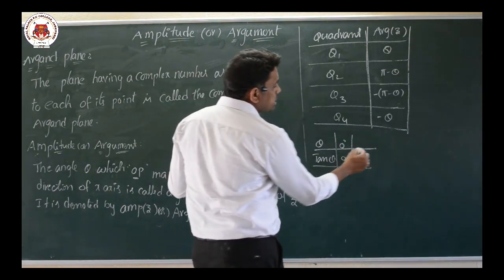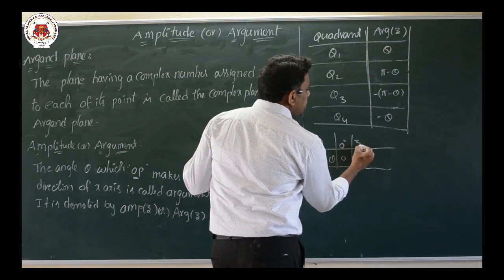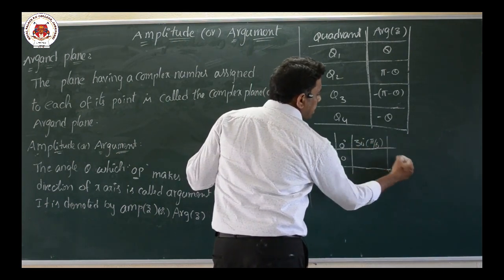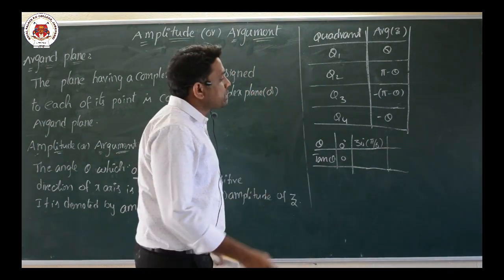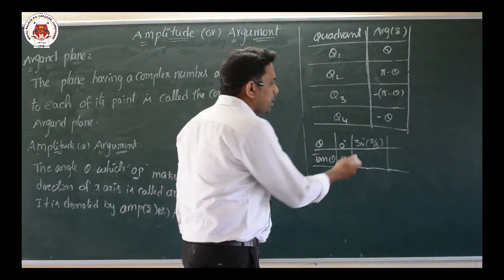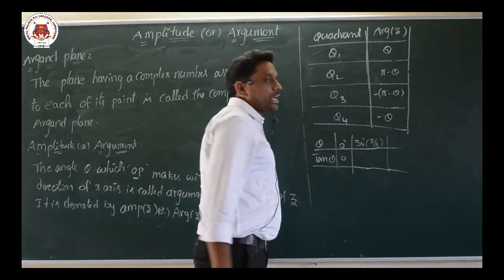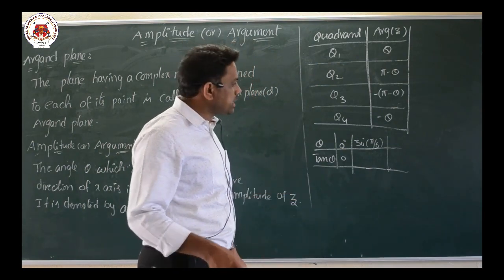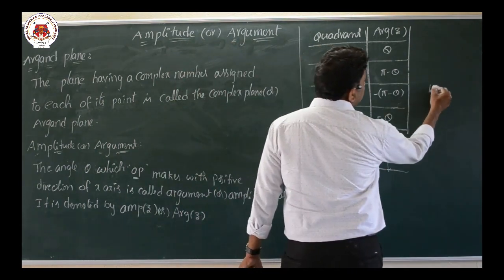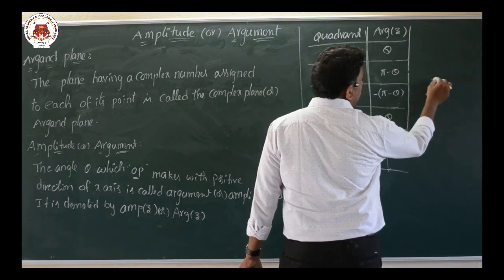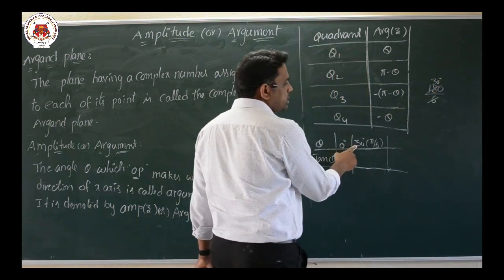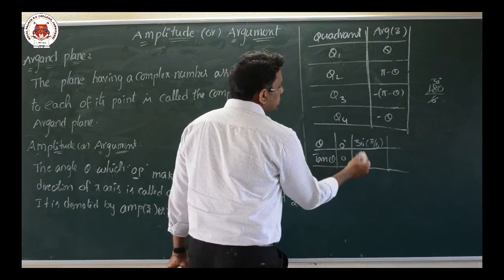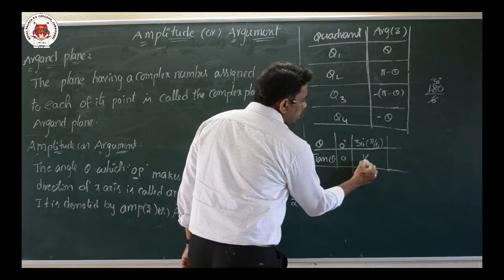Next one is 30 degrees. We will measure in radians, so 30 degrees we will write as pi by 6. In your first PUC trigonometry topic, you have how to change degrees into radians. Why pi by 6? Because pi means 180, and 180 by 6, how many times does it cancel? 30 times. So 30 degrees we can represent as pi by 6. So the tan 30 degrees value, tan pi by 6, is 1 by root 3.